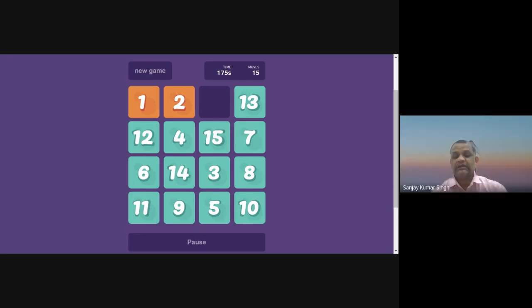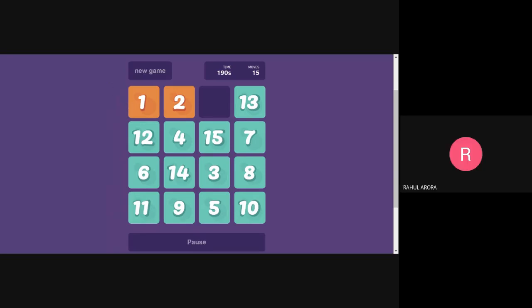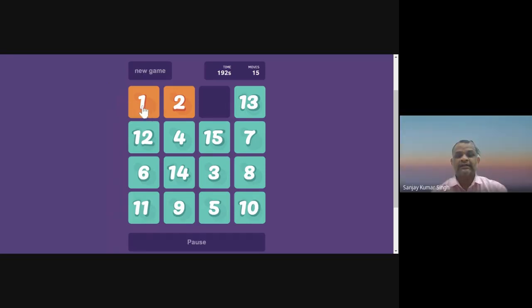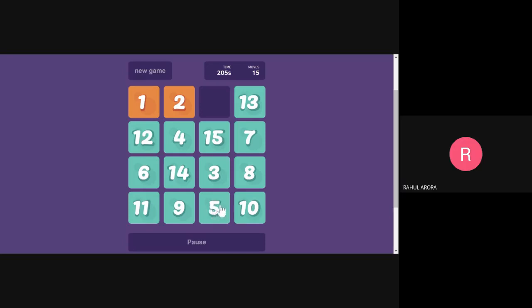Okay. So there are arrangements which you can never solve. So what is a good arrangement? Let me show, this is arrangement one. Can you see my screen? Yes, sir. I can write 1, 2, 3, 4, 5, 6, 7, 8, all the same, and here I just interchange 14 with 15. So here I put 14. Can you see my mouse movement? Yes, sir.